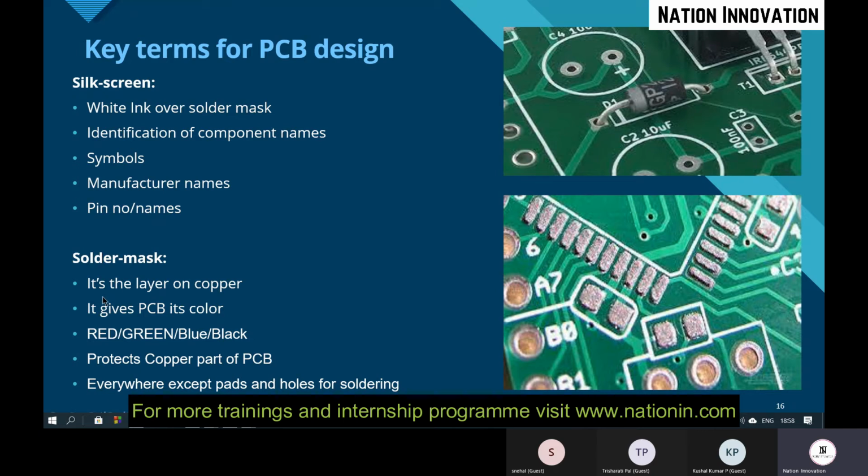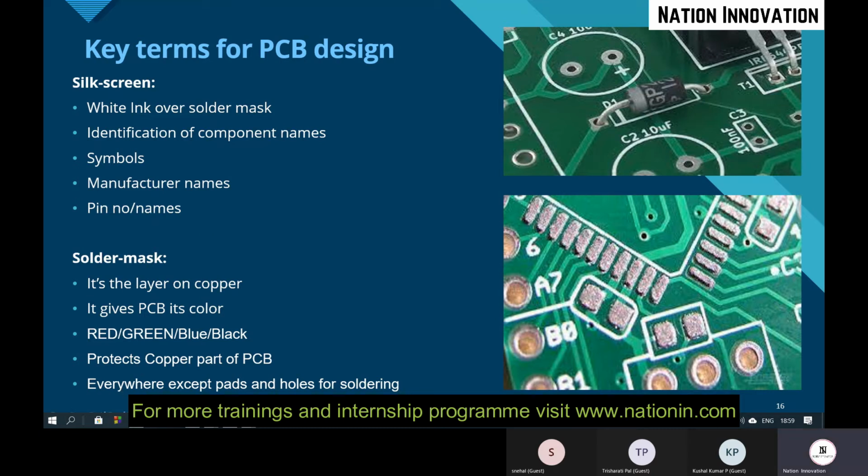And we have a solder mask. It's the layer on the PCB. It gives the PCB its color. So if you are seeing the PCB as green, it is because of the color of your solder mask. You can see the green color here. It is a solder mask. The solder mask can be red, green, blue or black color, and it protects the copper layer part of the PCB. So to protect these copper layers, we are going to use the solder mask.